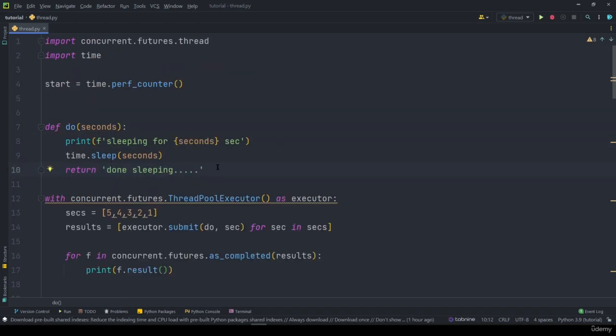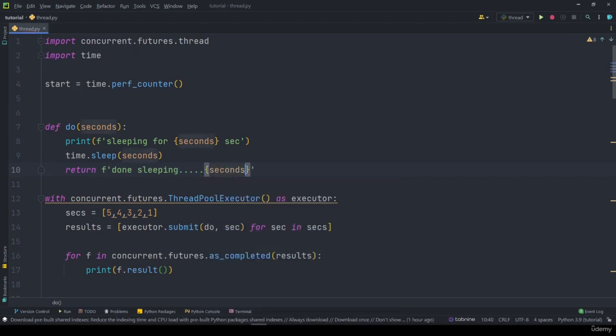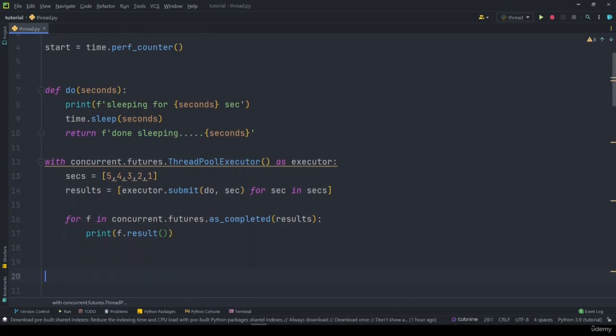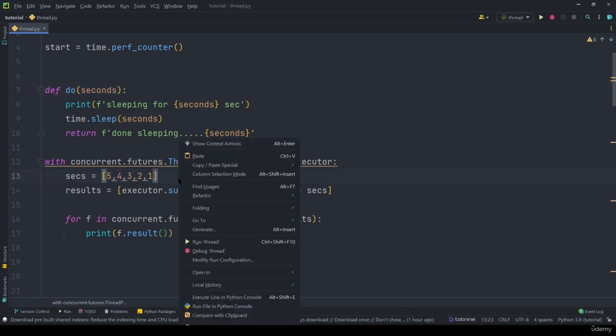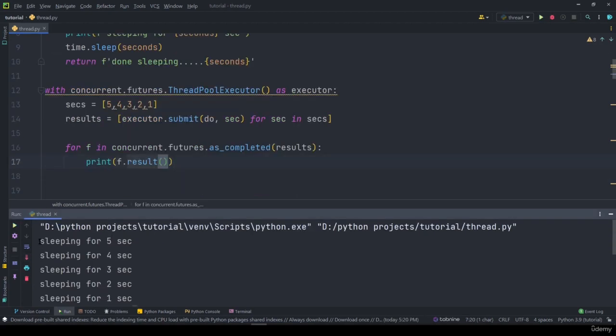Now let's add an f string here and pass in the variable called secs, so we can see how much time it slept. What we are basically doing is passing different values for the number of seconds we want to sleep. Now if we run the program,